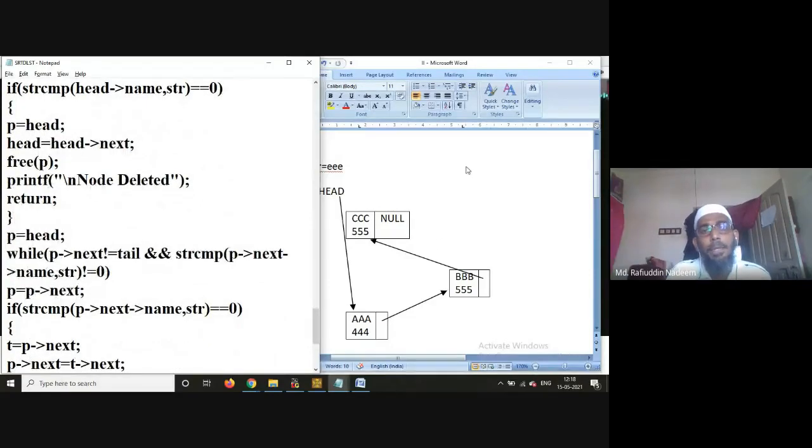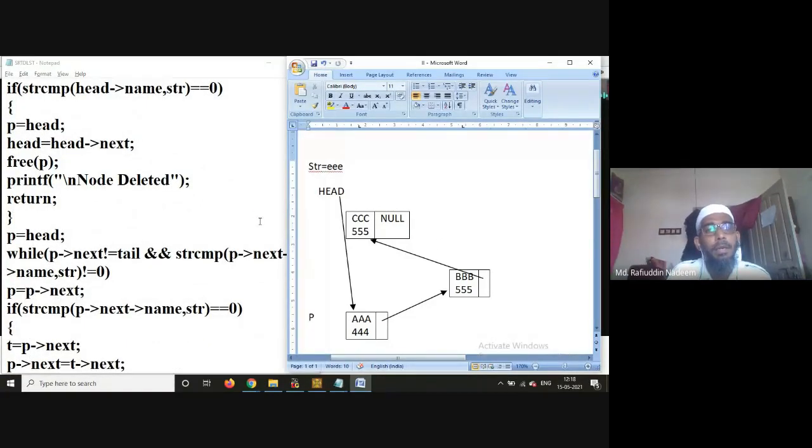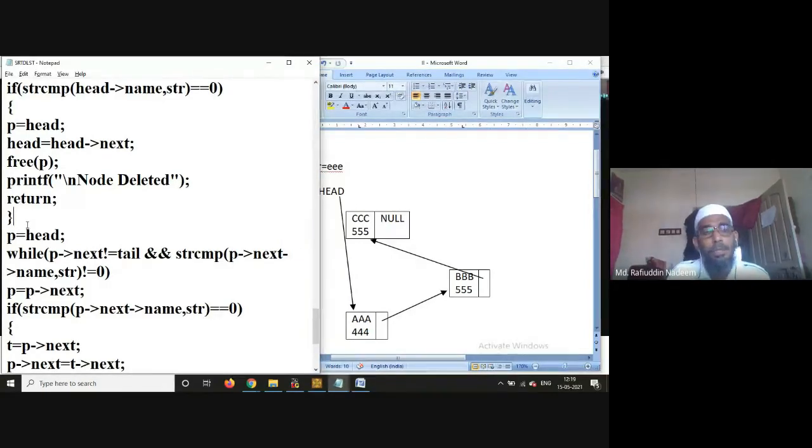Now, as in the previous discussion, we check whether the first node is the one we are supposed to delete. strcmp of head name comma str equals 0? Head name is AAA, comma EEE, equals 0 is false. Because it is false, it comes to this place.